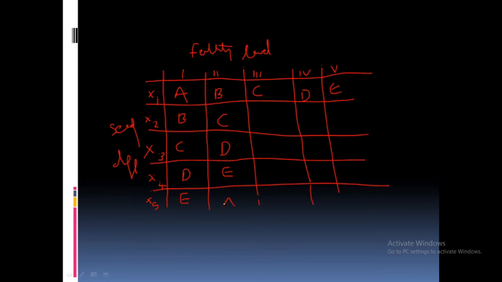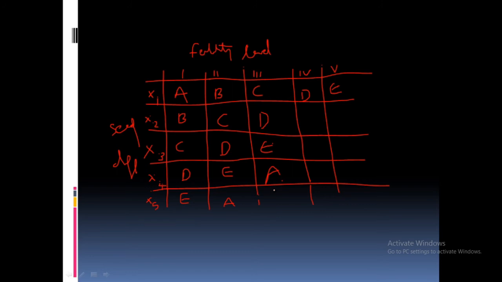A. Understood? Okay. Now you see the second: C, D and E. Then what is left? A.